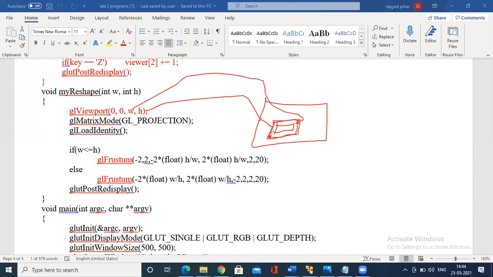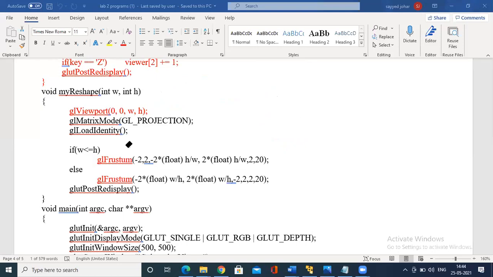I have created a viewport within this window, consisting of the origin at 0, and the width and height of the viewport. As of now, you need not worry about this. This is itself the viewport. You can give different dimensions here for a viewport. As of now, you remember what the lookat function is. It is a viewer function that we have used, and that much is enough.